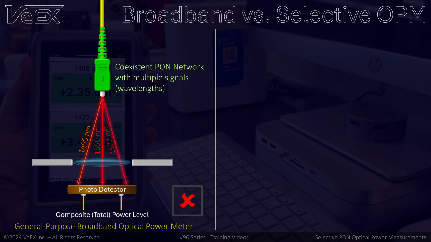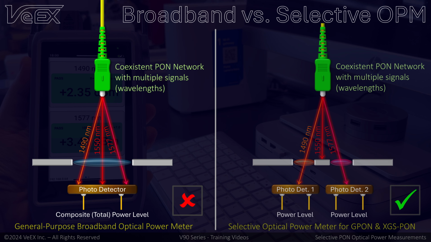In a few cases, there may also be a 1550 nanometer signal carrying legacy TV or video content. Since modern OLTs can support GPON and XGS-PON, there is a good chance that the service provider may turn on a secondary wavelength for a test or field trial, and you may not be aware of it. That is the reason why selective OPMs are recommended for PON network environments. Selective power meters have independent photodetectors, and use the right filters to isolate and measure individual PON signals, as well as blocking any other optical signals that may coexist in the optical distribution network.